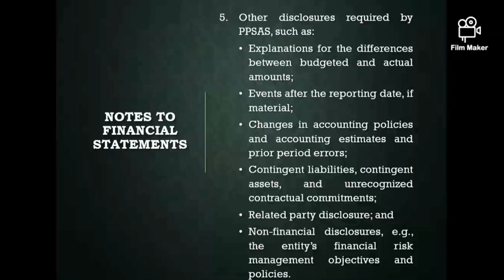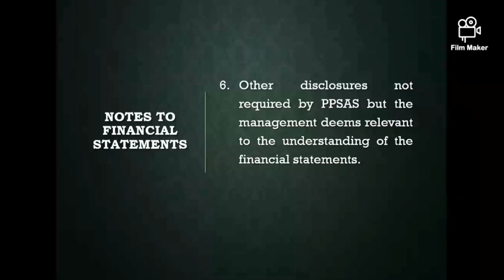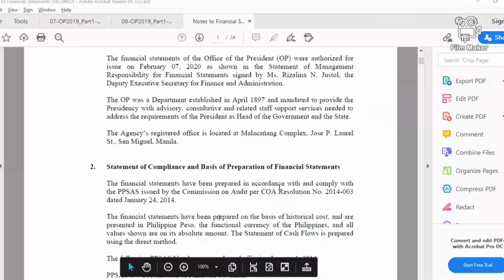Contingent liabilities, contingent asset, and unrecognized contractual commitments. Related party disclosures, and non-financial disclosures such as entities' financial risk, management objectives, and policies. And lastly, other disclosures that are required by PPSAS or standards, but the management deem relevant to the understanding of financial statements. So, yan yung general information, basis of